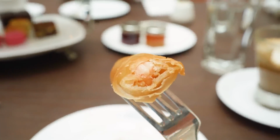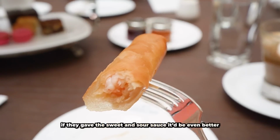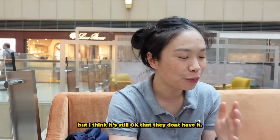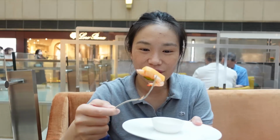In terms of what is inside this spring roll, we have prawns. The spring roll is really crispy. Okay, this one is a prawn that they've sliced in half, and they've also got